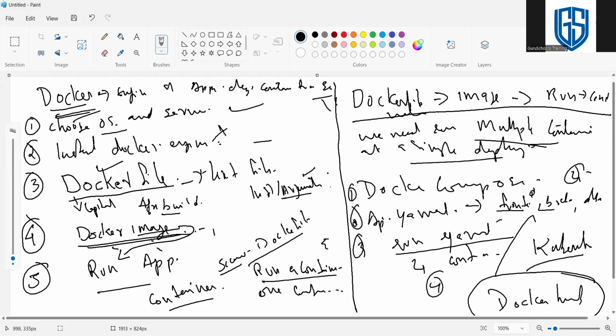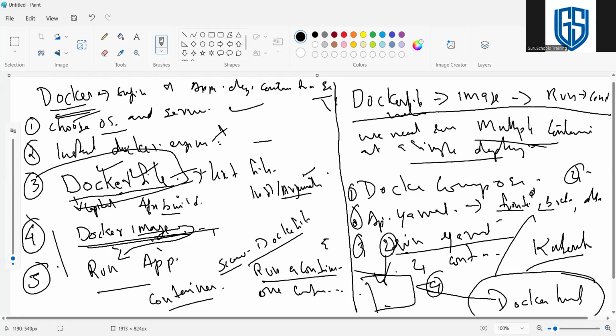For example, this is one machine. We log into another machine, and for that machine we need to run the same application. What will we do? We don't create any Docker file or anything there because we already have the Docker image. We can directly pull the image from Docker Hub and start from the 4th stage. We can skip those 2 parts, the creation of the Docker file and building the Docker image. We can directly pull the image from Docker Hub and run the application on this other PC, PC2, or on the cloud, anywhere we can pull the image, or we can use it in Kubernetes as well.